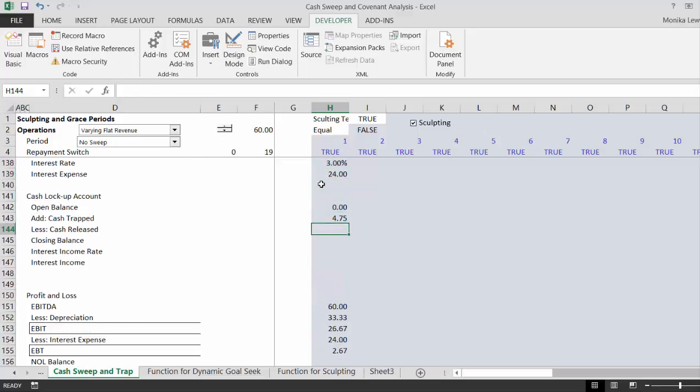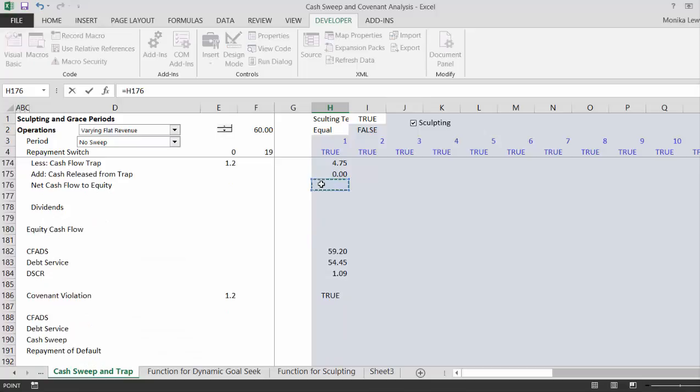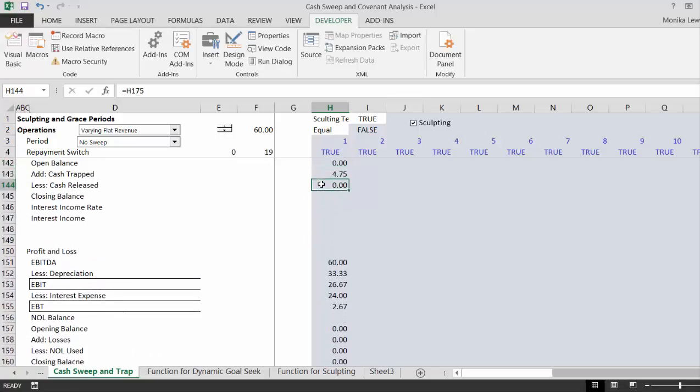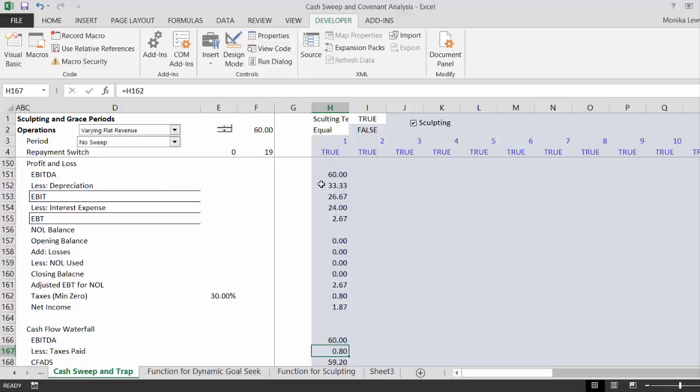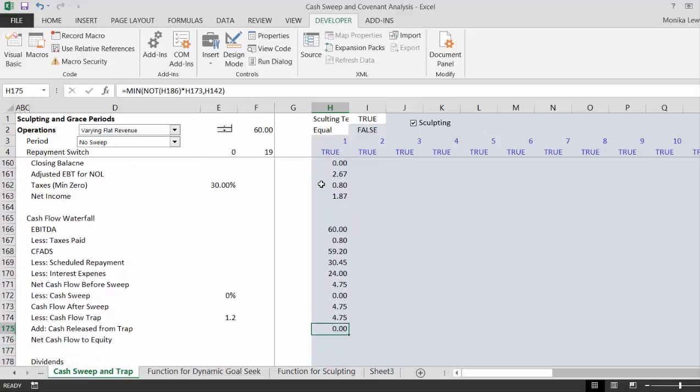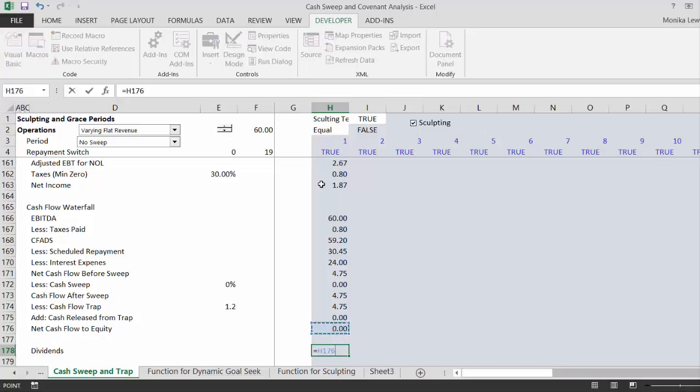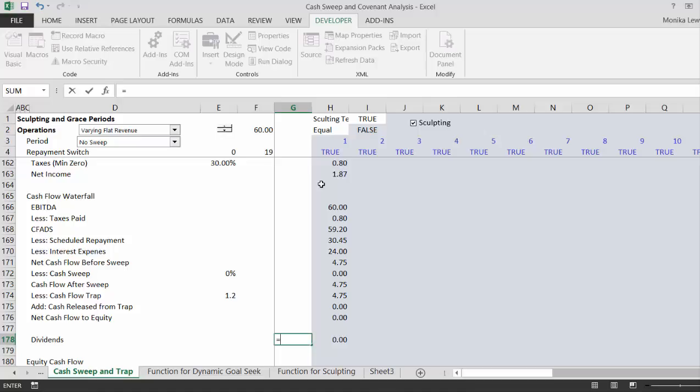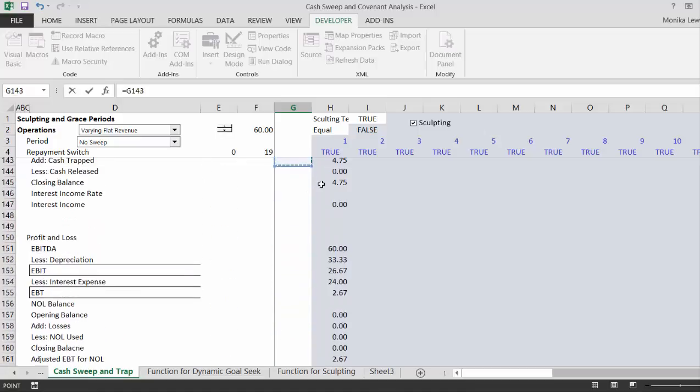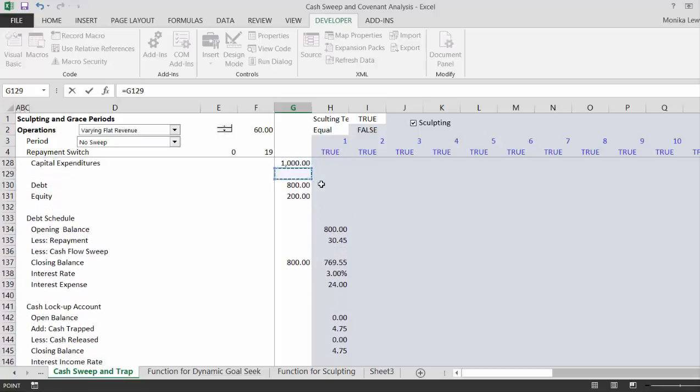Just like all the rest of this, this is our famous rule where everything comes from upstairs. All of the numbers come from the cash flow statement, and all the complicated calculations, which are not very complicated, come from the cash flow statement. Okay, we always link it up, and we have to write down the statements together. And then our net cash flow to equity is our cash flow after the sweep minus the sweep plus the amount we release. And then we're finished, and our dividends are just the very end of it. And we can put